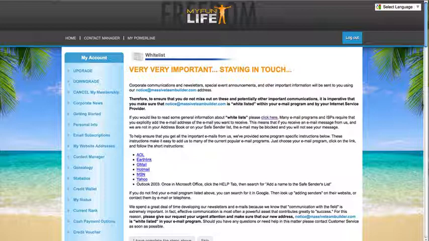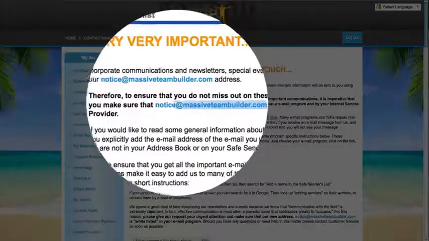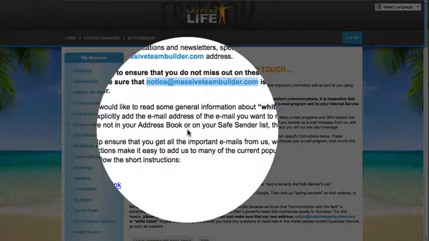Whitelisting instructions are instructions that you give to your email provider. For example, it might be America Online, it could be Earthlink, it might be Gmail, it might be Hotmail, MSN, or Yahoo, that will tell that email provider that you want to receive messages from this particular email address. Now, we make this very simple at MyFunLIFE by sending pretty much every email that we send out to you from corporate from one single email address, which is